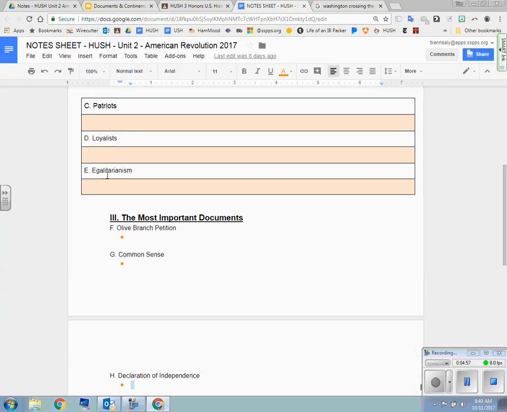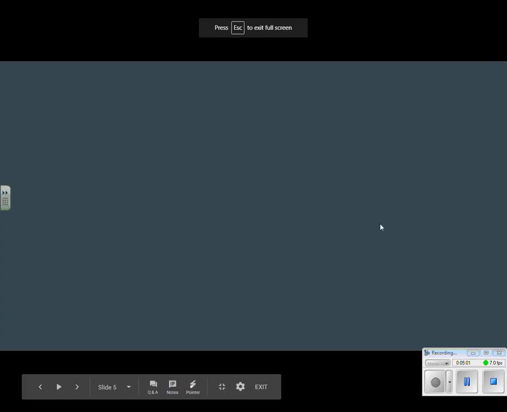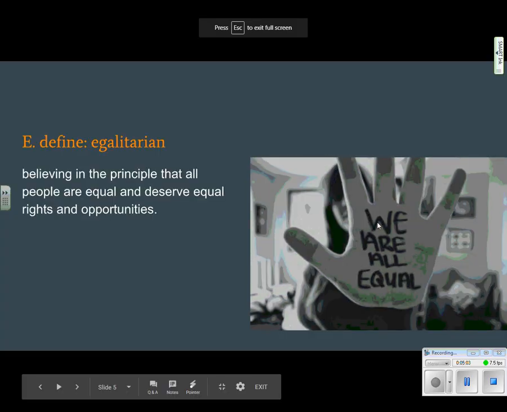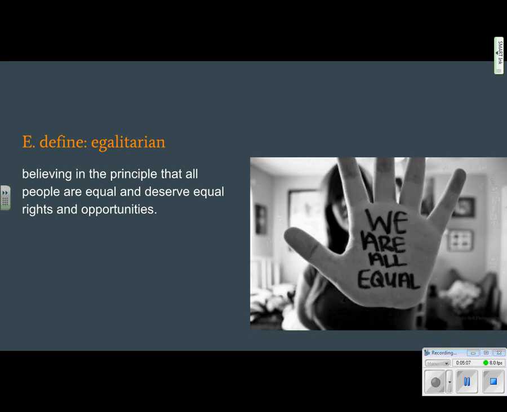Letter E, just above the three most important documents. And this is a big conversation that still goes on today. How much equality should the United States have, right? Bernie Sanders, who ran for president last fall, really pushes this idea of egalitarianism. He kind of has inherited this Thomas Paine idea, the principle that all people are equal and deserve equal rights